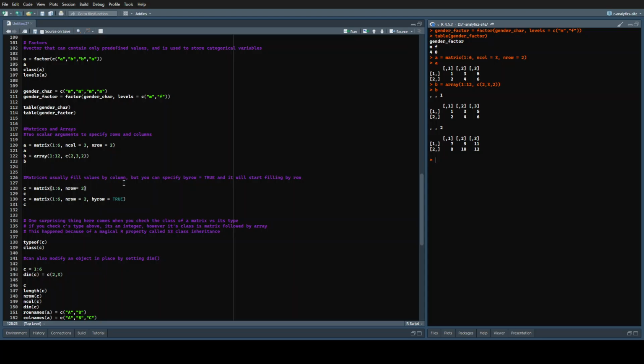Matrices usually fill values by column, but what we can do is specify byrow equal to TRUE, and it will start filling by row. C is equal to matrix of 1 to 6, nrow is equal to 2. What it will basically do is create for me a matrix of 1 to 6, but it will fill it as 1 2 3 4 and then 5 6. But if I had specified byrow equal to TRUE, then this would have given me 1 2 3 and finally 4 5 6. What I could have also done,